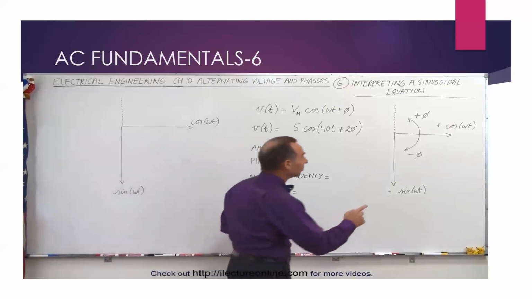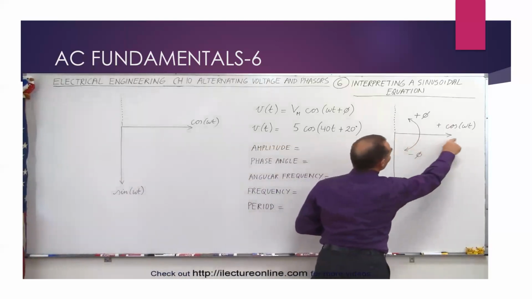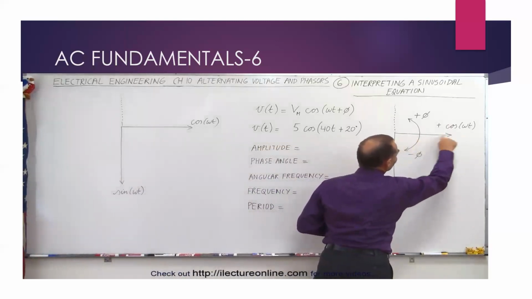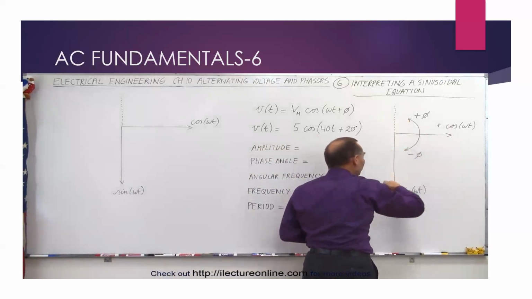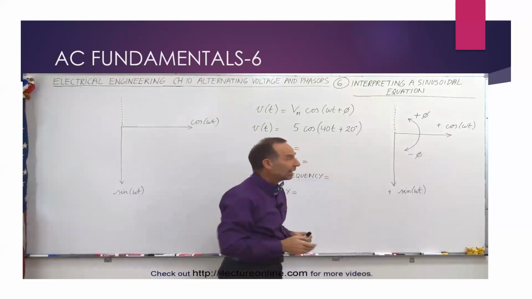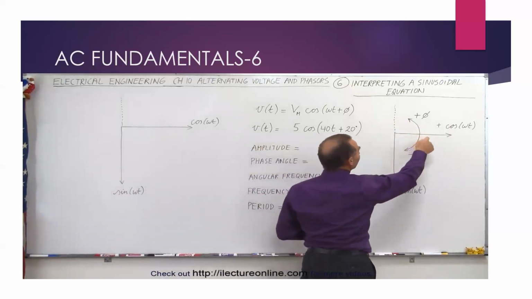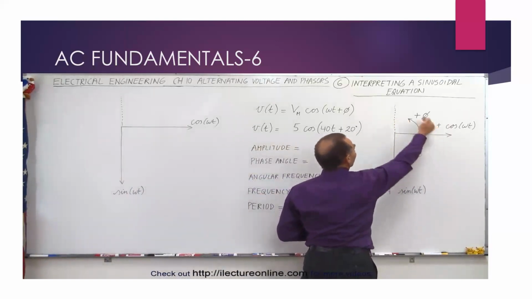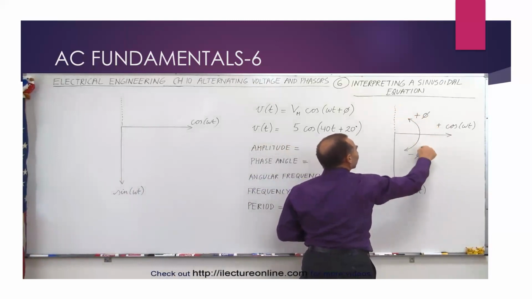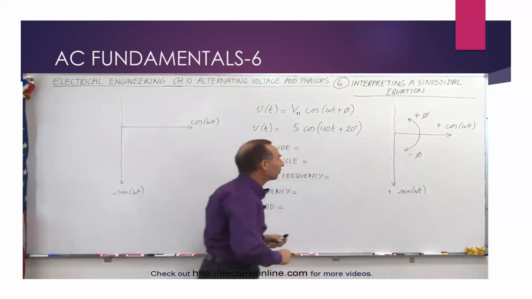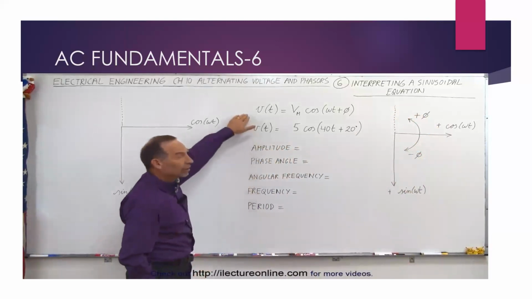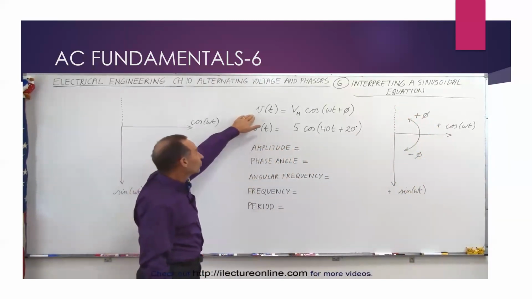Realize from the last video that the positive cosine is on the positive horizontal axis and the positive sine function is in the downward direction on the vertical axis. A positive phase angle is measured from the horizontal axis toward the vertical axis, and a negative phase angle is toward the negative vertical axis. So here we have a general format of the equation where the voltage as a function of time